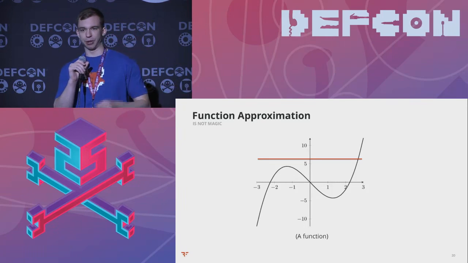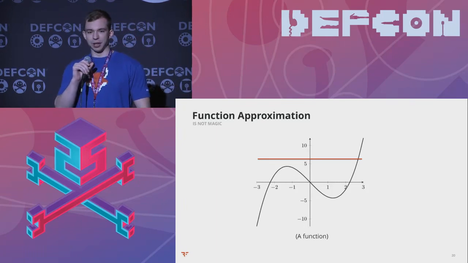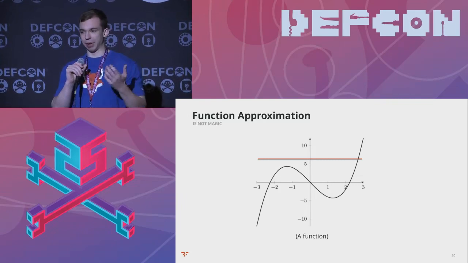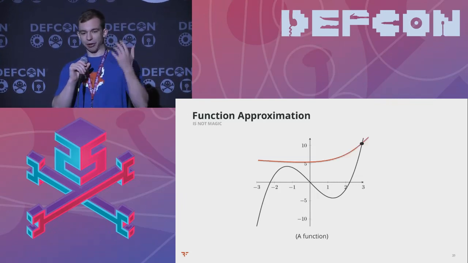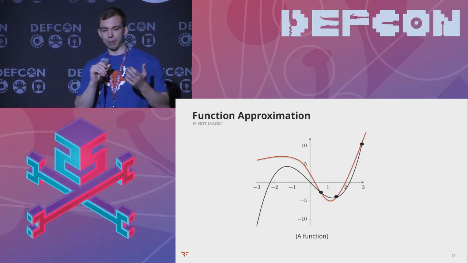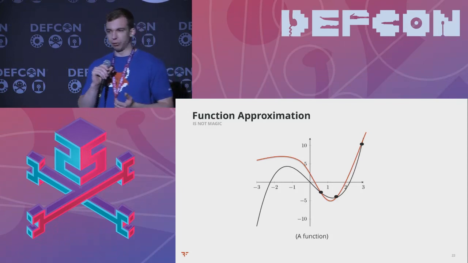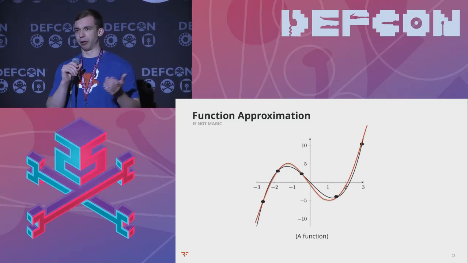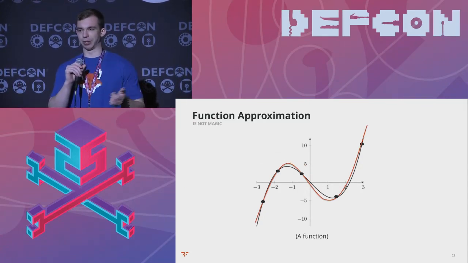It's obviously going to be pretty terrible, but the great thing is you're just going to take another sample, and another sample, and each time you're going to plot your data on your graph, and you're going to keep on sampling until you start getting close to your function. It's really hard to get perfect, especially in the real world when you're trying to model something really complex, but you can get really close.